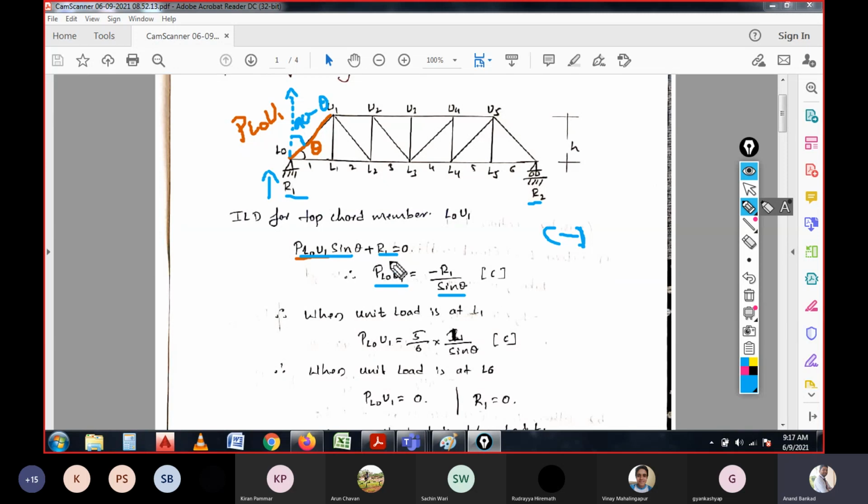So I hope it is clear how we have calculated this. We have resolved the force of P L0 U1 to the vertical, and that will be P L0 U1 sin theta. Along with that, we have another reaction at that same point for the member, that is R1. If you resolve this force, P L0 U1 is equal to minus R1 by sin theta. This minus sign can be considered for the compression members. So now